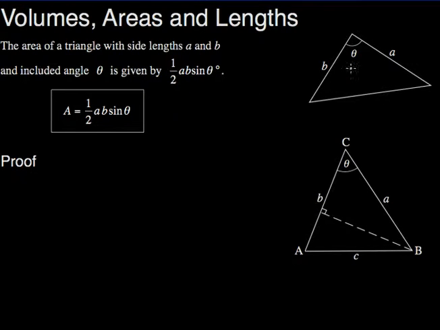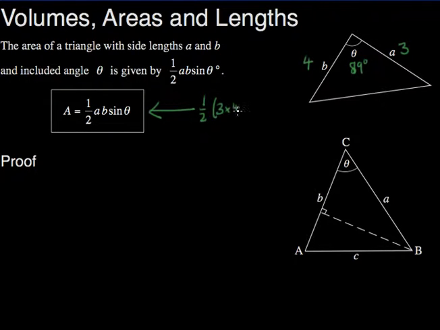When a triangle has no right angle in it, the area is found using this particular formula. You could use this formula if it was 90 degrees as well, but this is the one where, if this angle happened to be something else, let's say 89 degrees, then to find this area, you'd use this formula. And if I said that this length happened to be 3 and this length happened to be 4, then the area would be a half